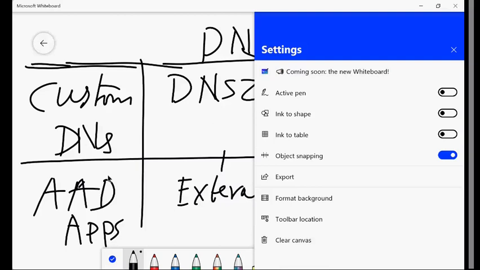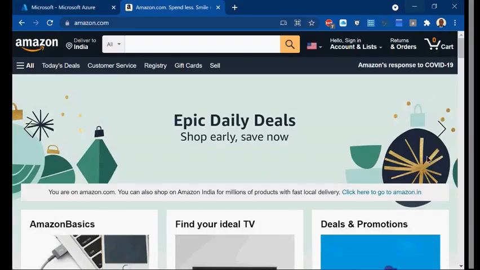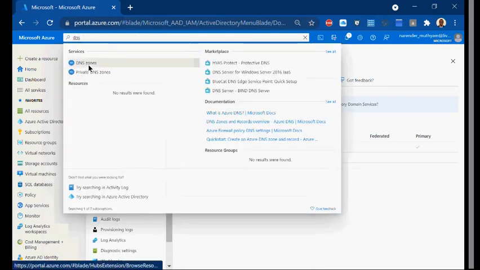So yeah, the other day we have seen this one. Custom DNS, we checked it when we learned about Azure AD. And apps, we will learn it when we reach apps, right? So here DNS, I cannot use it, but I can show you how to create it, right? The only thing is you need to just come here and say DNS,